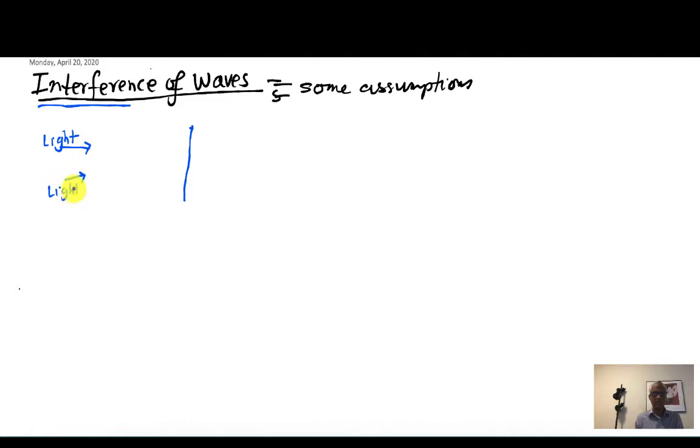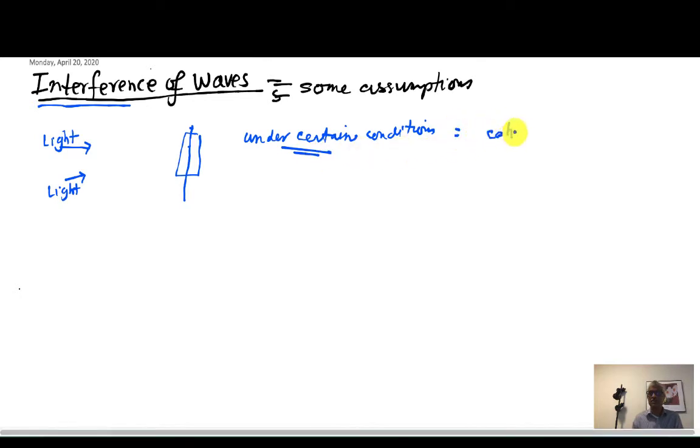So they have two sources of light, and they spread out, and somewhere here they overlap. Then under certain conditions, I'm going to talk about the conditions in a minute, and you're going to hear the word coherent sources. So under certain conditions,